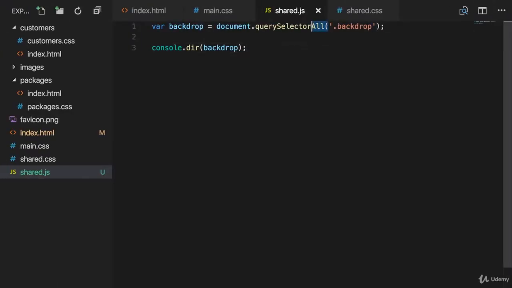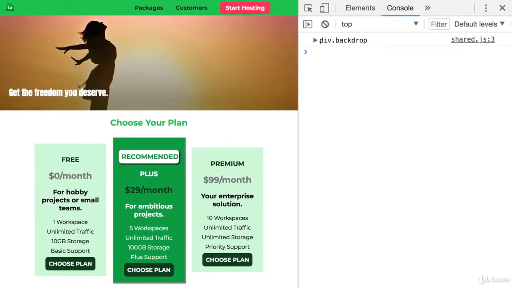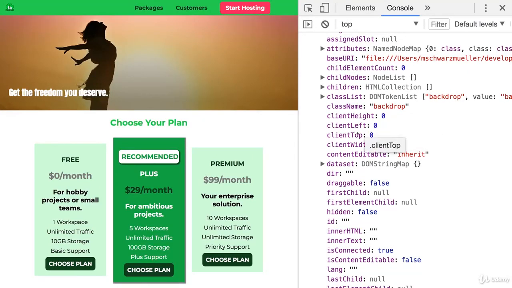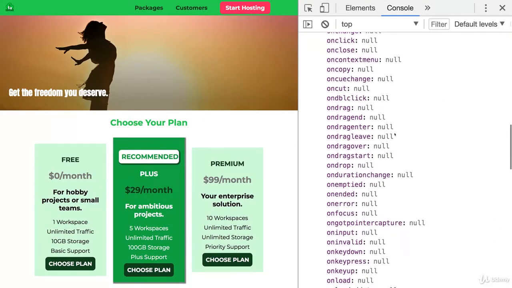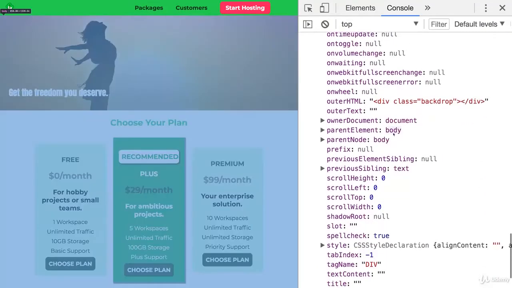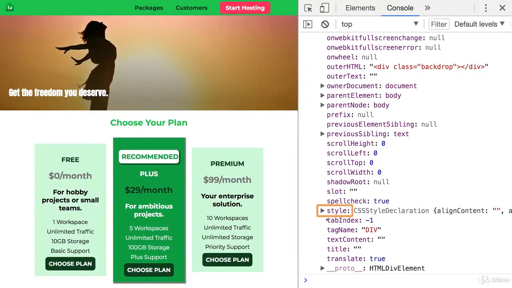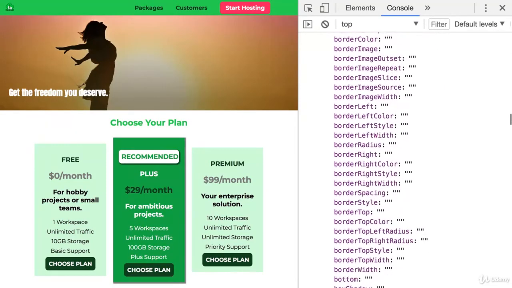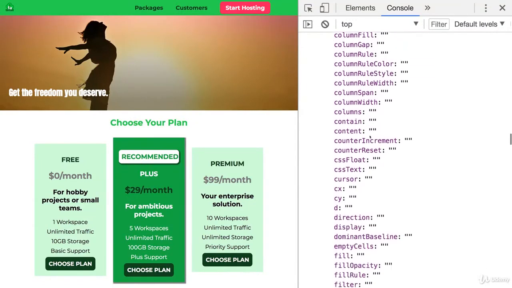However, back to query selector, because I just want to have the first element. I only got one anyways. I just wanted to show you that this alternative exists. So this is how we access an element. If we now reload again to see it, let's inspect which properties we got here. You see we got a bunch of properties here with all kinds of information. And a very interesting one when it comes to styling can be found towards the end of that list, the style property. Now if we expand this, we actually see all the style properties we can set for this element